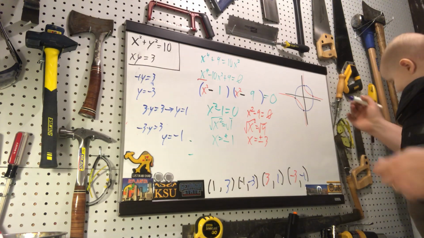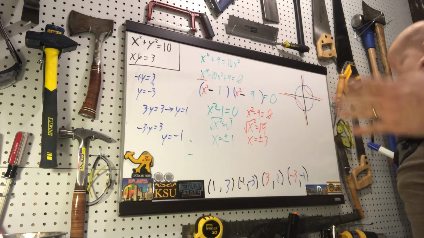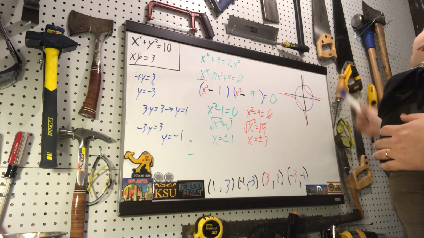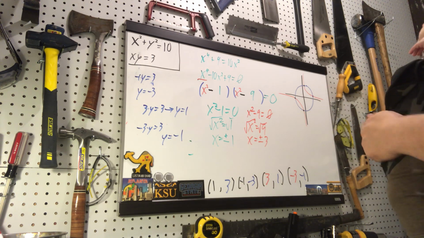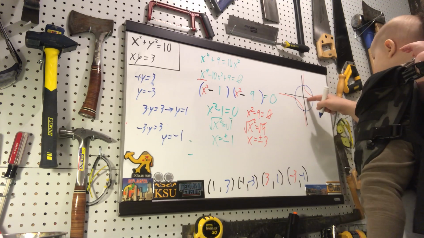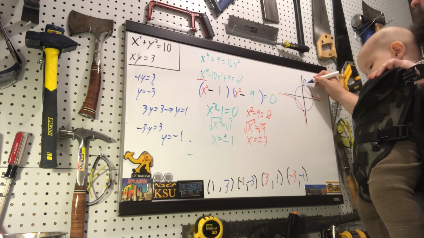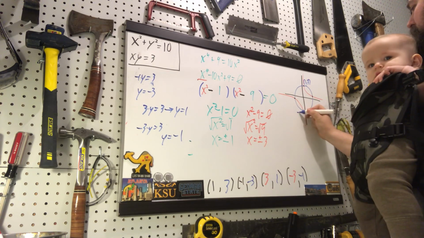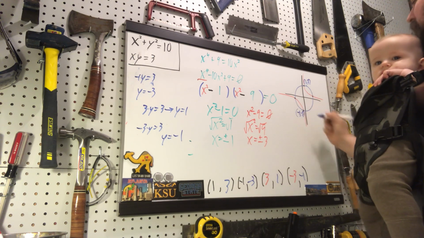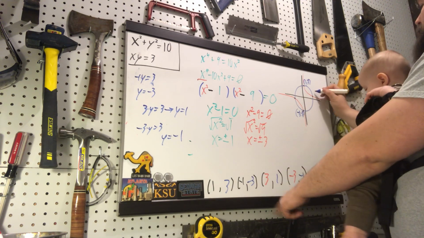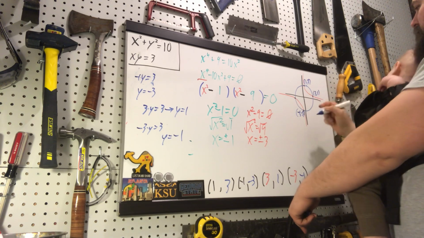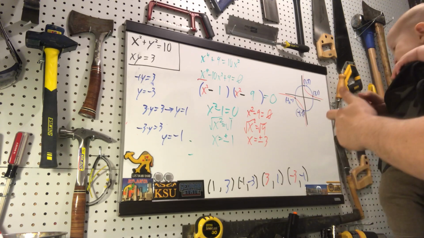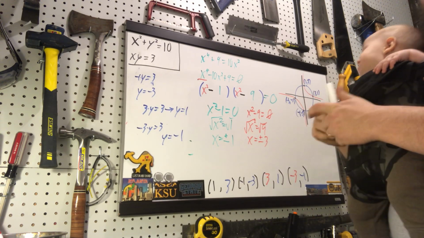Now, I drew this little example right here, but this is not to scale, nowhere near even close to scale. I just drew this up as a reference because this is what it looks like. So basically if you went over 1 and up 3, this would be your 1 and 3. And this one here, you have your negative 1 and negative 3. Again, not to scale. And then you have your 3 and your 1. And then you have your negative 3 and negative 1. And there's your answer. Alright, so hopefully